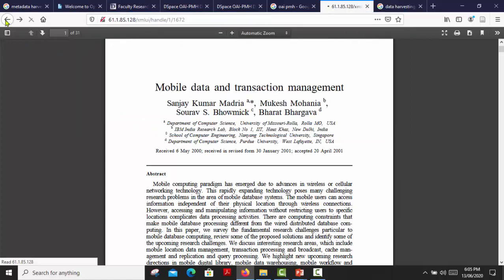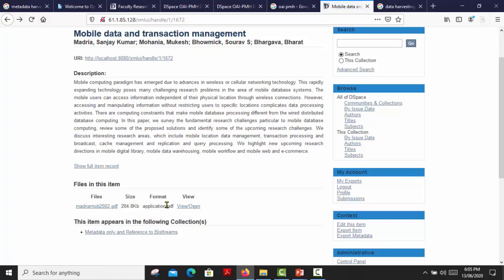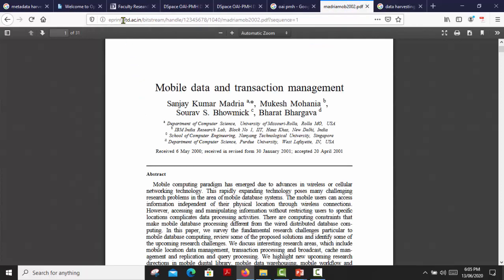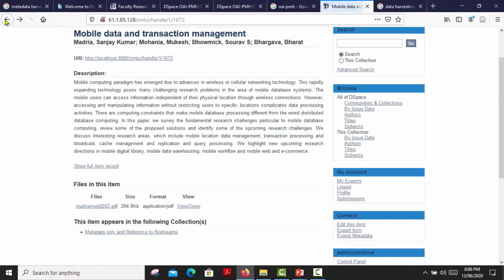Again, when we want to open or view this article, we will be directed to IIT Delhi's repository. It's not in our repository, it's in IIT Delhi's repository. Oh, it's an amazing tool. This is how we can reference the bitstream in our repository.